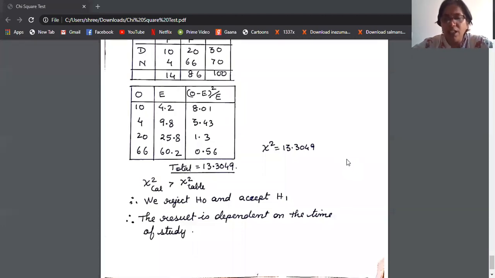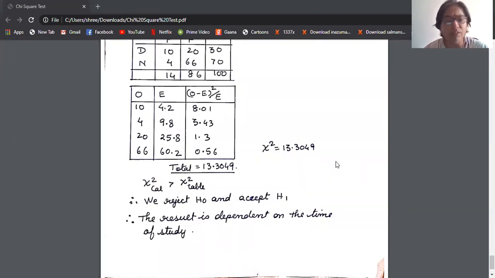Now in the assignment, when you were solving the assignment, the values are not given to you. So I want to brief you what answer you will write if the values are not given to you. You should know how to write. Please listen carefully. Suppose the table value is not given to you in this particular case. Now there is no table value, only your calculated value is 13.30.